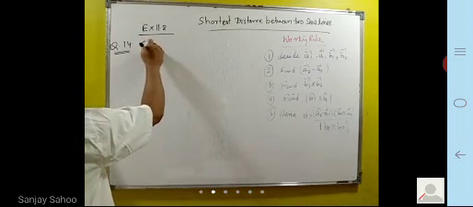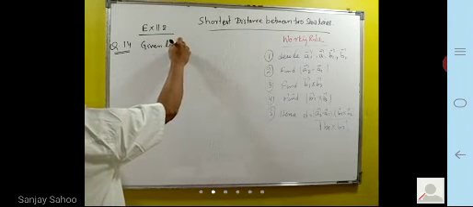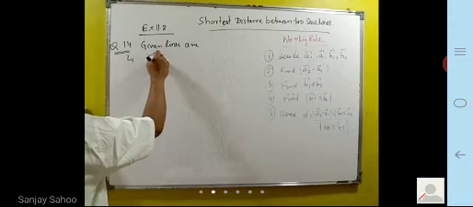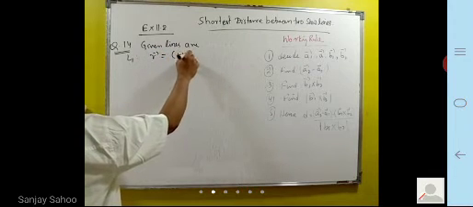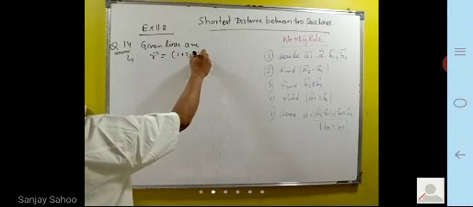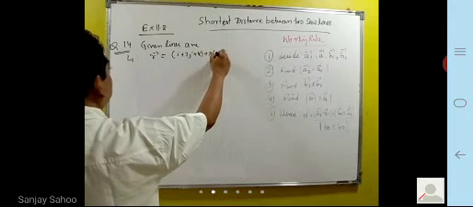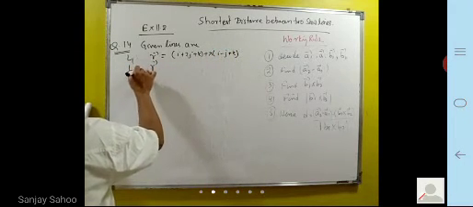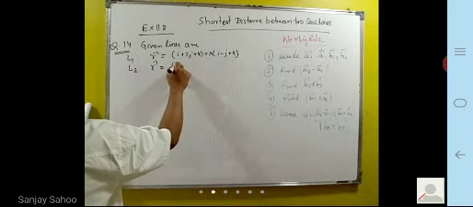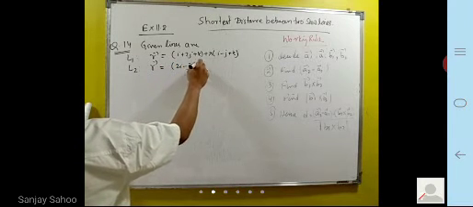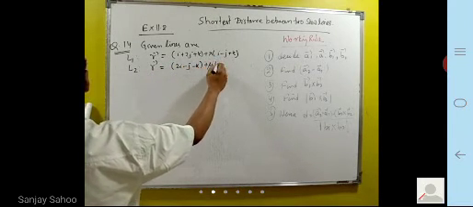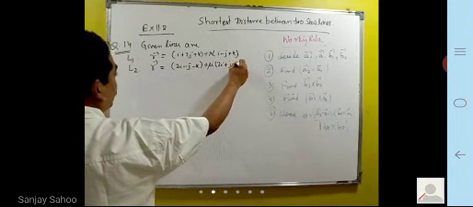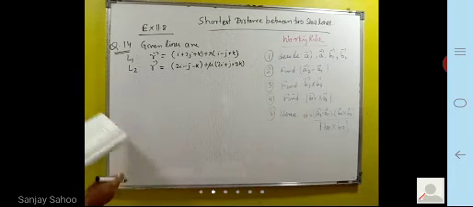Given lines are L1: r is equal to i plus 2j plus k plus lambda times of i minus j plus k. L2 line: r is equal to 2i minus j minus k plus mu times of 2i plus j plus 2k. This is your L1 and L2,